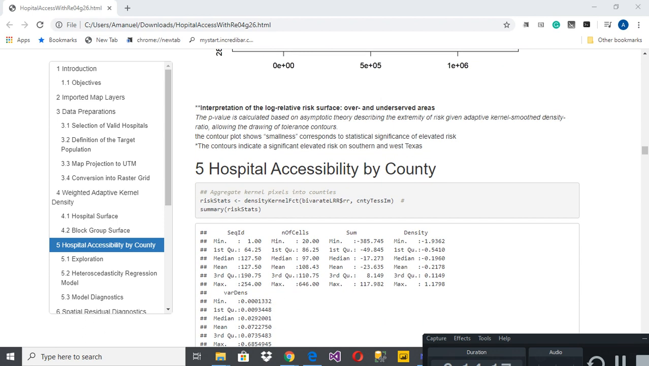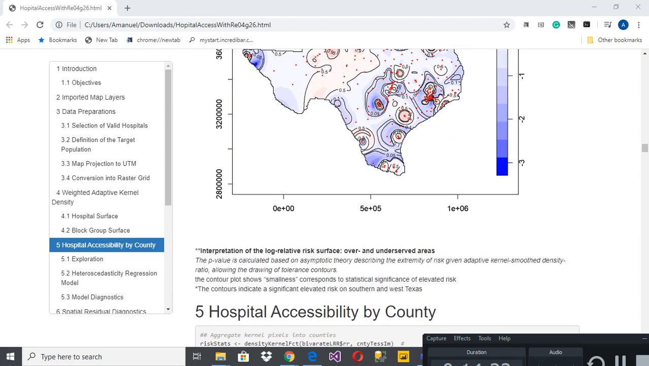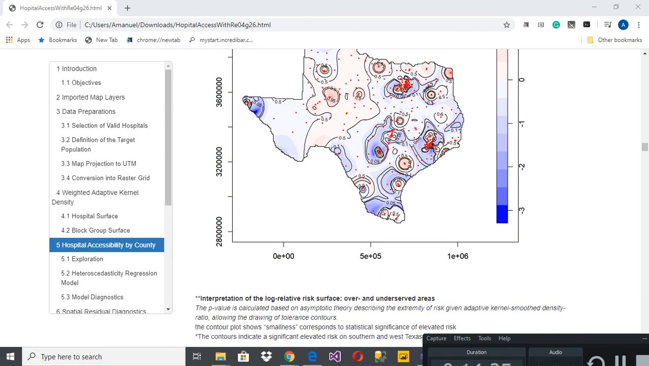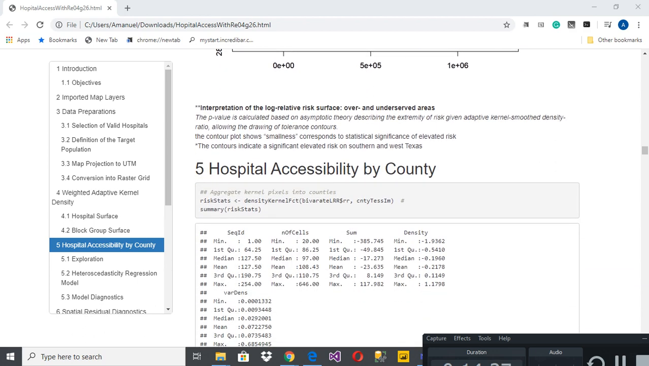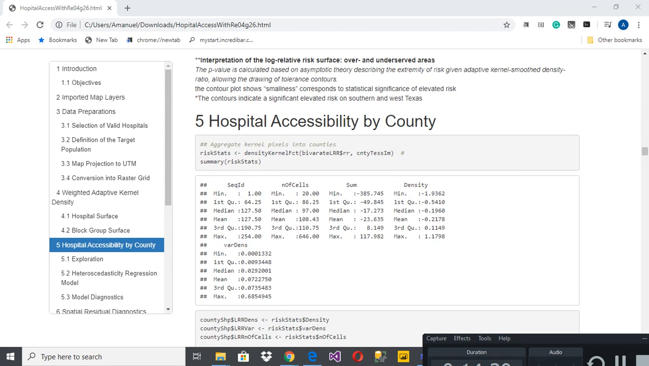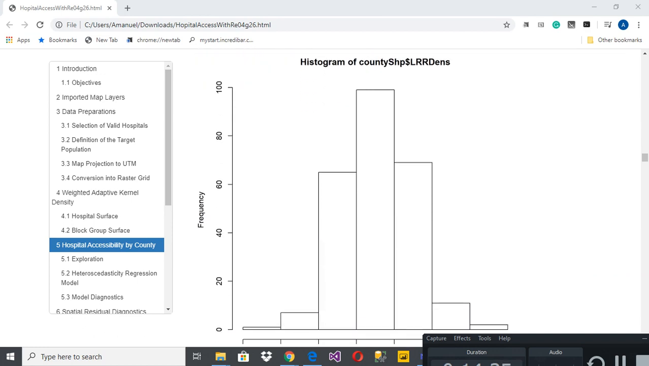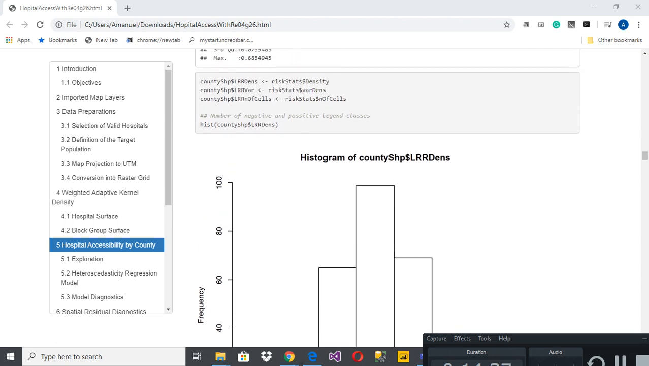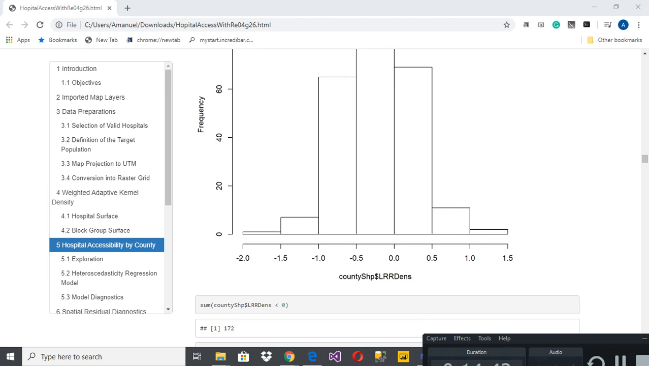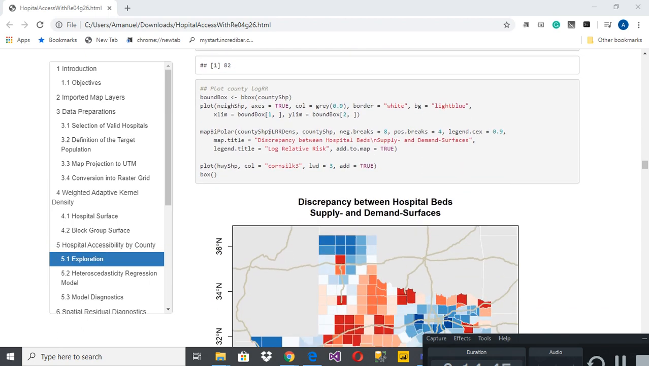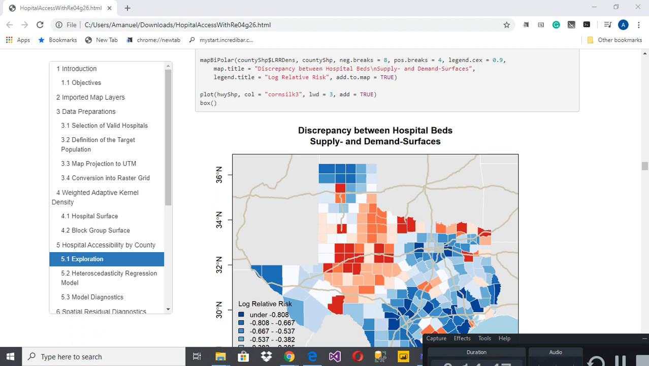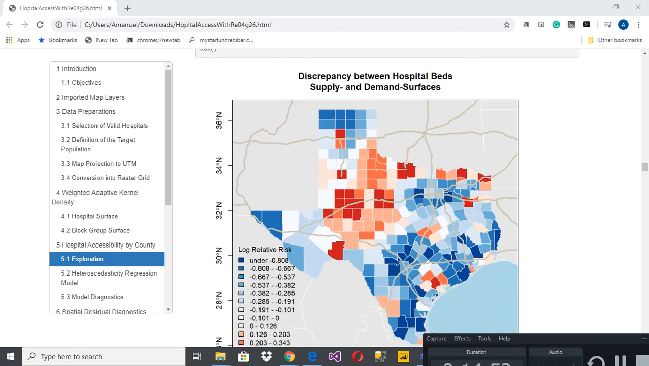So when you come to hospital accessibility by county, this is converted into a tessellation at the county level, because most of the policies are done at the county level. This histogram shows the density of the supply and the discrepancy map between hospital beds, supply and demand surfaces